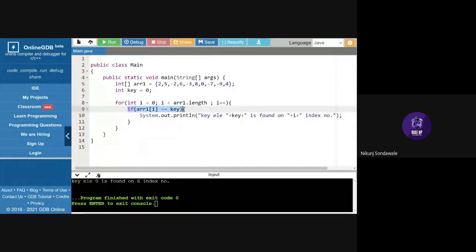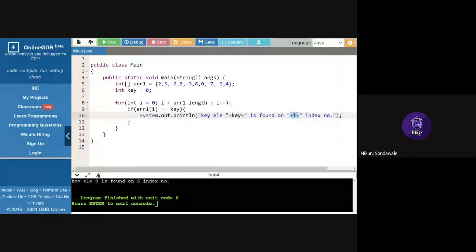And if we find that the element in our array is equal to key, means if both elements match, then give us the output: the value of key, and at what index number we found it, right? So this is what the program is all about.